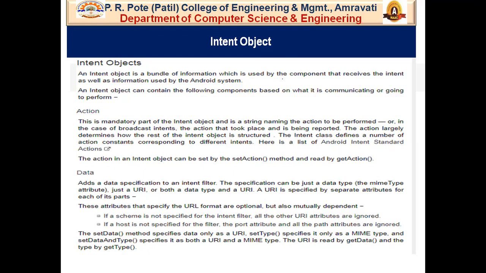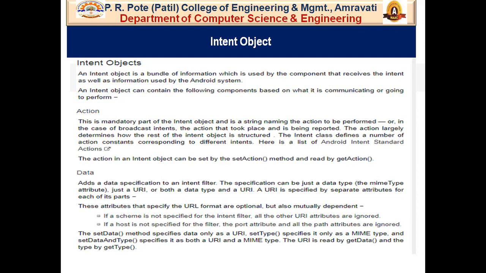An intent object can contain the following components based on what it is communicating or what it is going to perform. So the first component we will talk about in the intent object is an action.